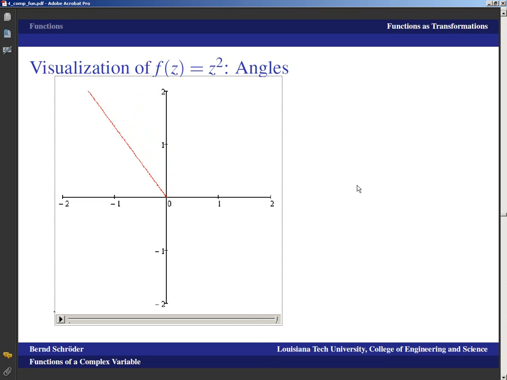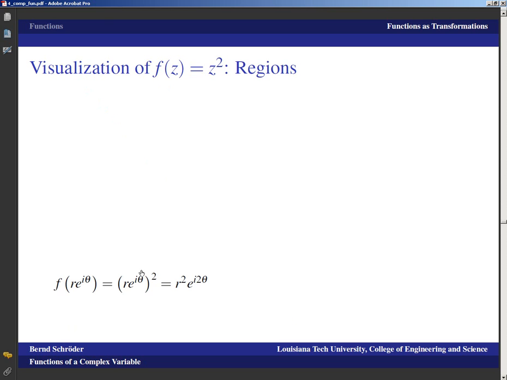Well, that's something that we knew because, of course, e to the i theta quantity squared is e to the i 2 theta. And because we just looked at the angle, we didn't really see anything in terms of how things are getting stretched along this leg of the angle here. But now if we're looking at regions,